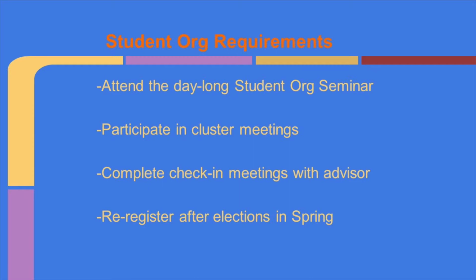For most clubs, these happen once a quarter and you must attend 1 a year. Fraternities and sororities and graduate student clubs have different requirements. Each club also has to meet with us at least once a year for an in-person check-in meeting, where we can discuss how your club is doing, what struggles you're facing, and generally answer questions to make sure your club is successful. And lastly, each spring quarter, every club has to register through Highlander Link and update your club's information, which lets us know any changes to your club's roster and officers for the following year.